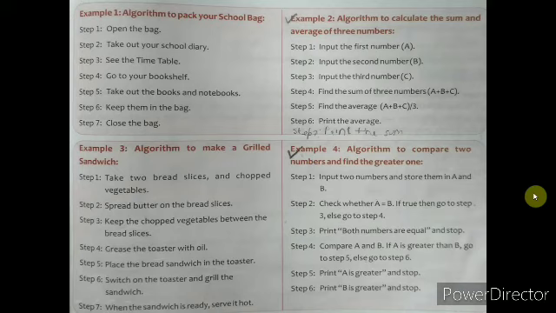Compare A and B. If A is greater than B, go to step 5, else go to step 6. Now this case is also wrong for us because A is not greater than B, with the values which I have told you. So at this moment, it'll jump to step number 6. Print B is greater and stop. Step number 5 is not required over here. But if the value of A is greater, at that time it'll go to step number 5, print A is greater